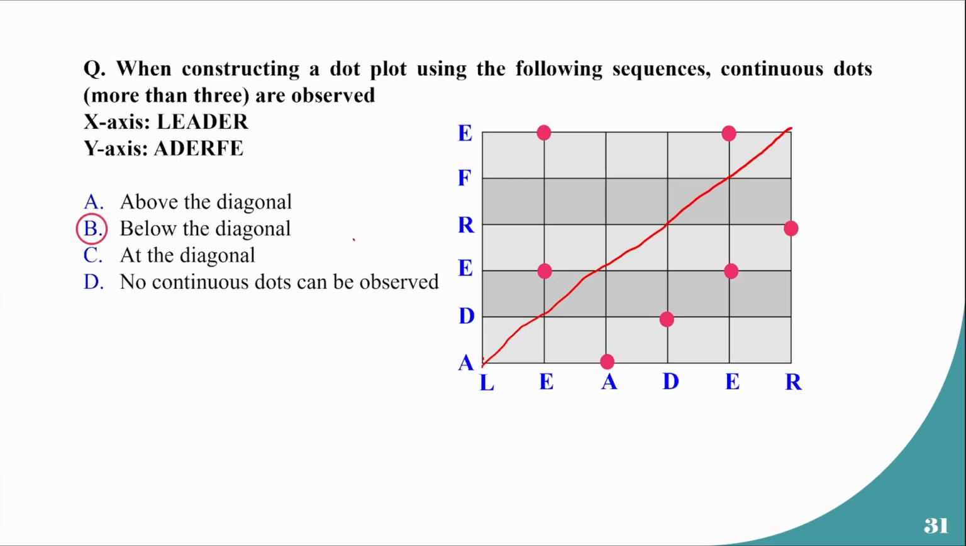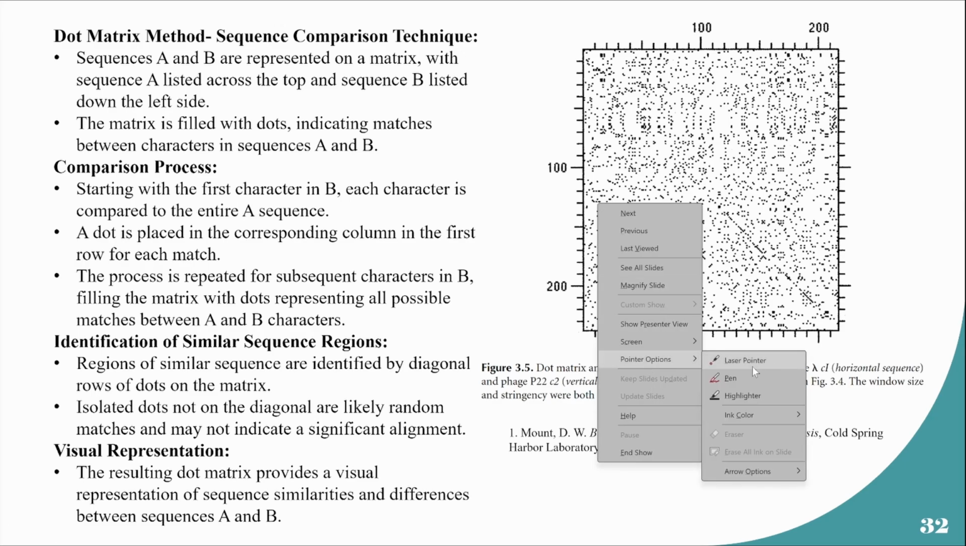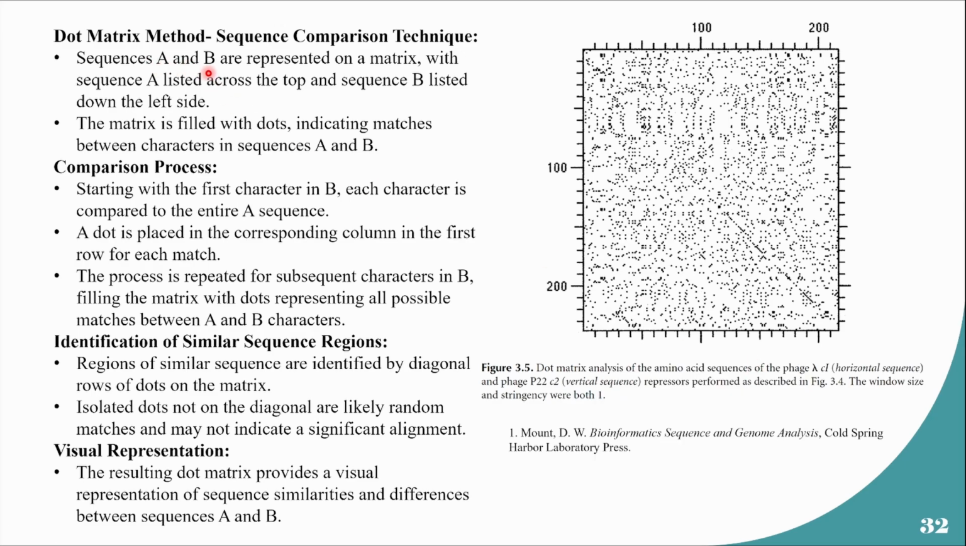Now, what does this sort of dot plot indicate? In detail, the basic concept is that sequences A and B can be represented on this matrix. Earlier we put x at the bottom and y at the left, but here the method is an alternative way: x at the top and y at the left-hand side. So put the two sequences in this fashion, and then you fill the matrix with a dot where the identical